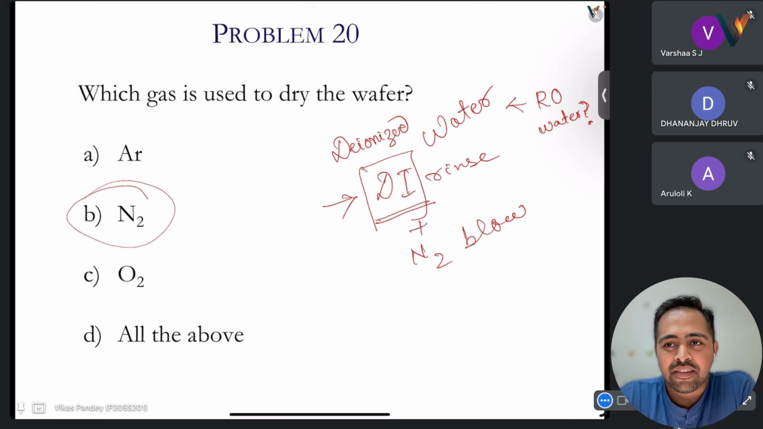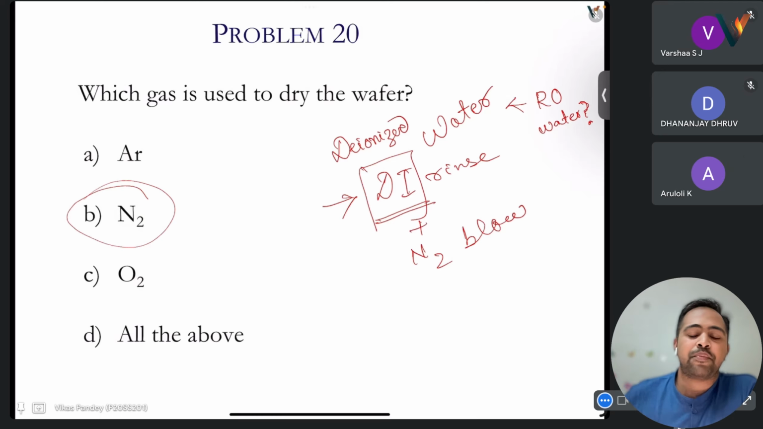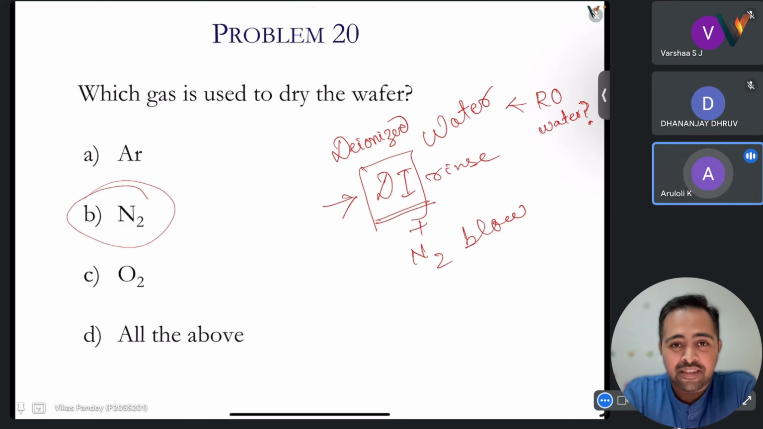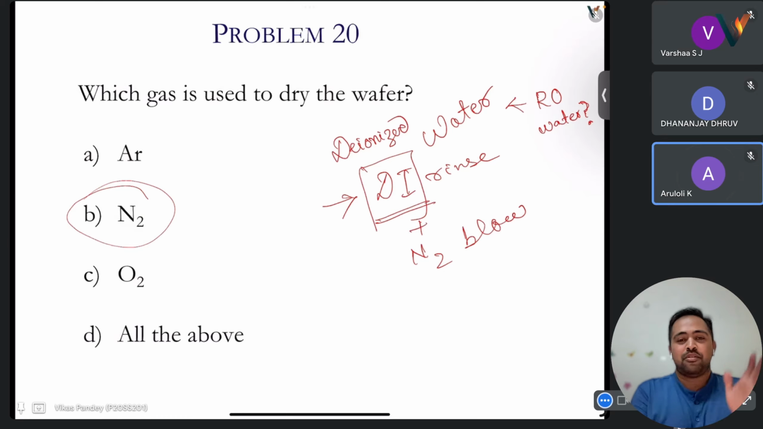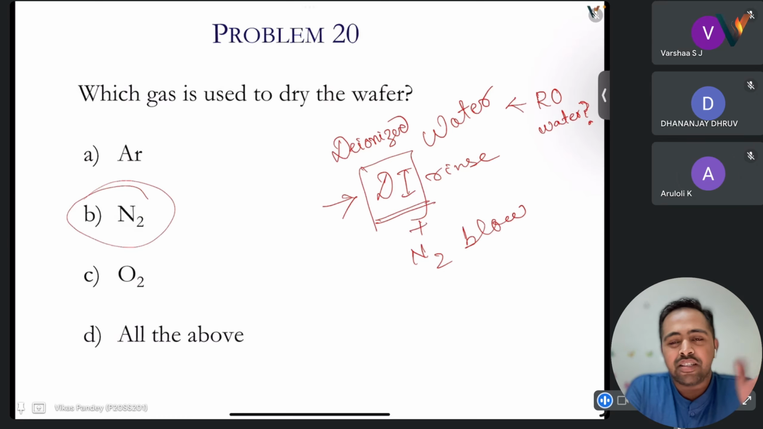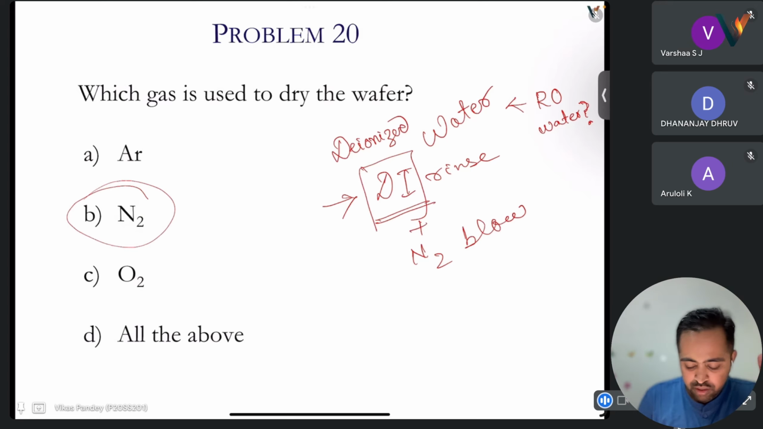Yes, Aruloli, are you there? Yes, sir. I think it's a pure water. There is no other molecules. Yes, pure. Very right. See, first thing is it should be clean, distilled. This is fine. But along with that, the water we are using, even this RO water, there are still